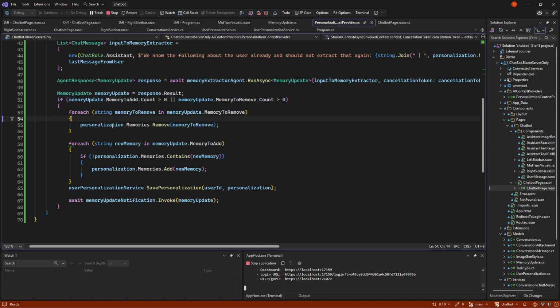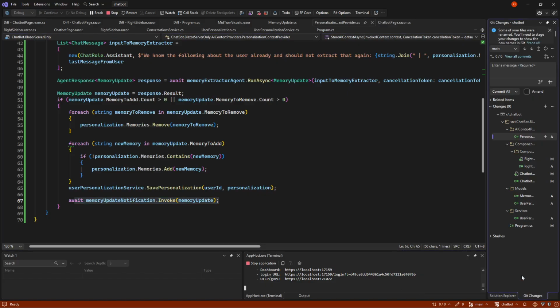But if there are any memories, we update the personalization, either add or remove the memories, and we then save the memories and send a notification that some memories were changed. Because if there was no change, we don't need the red text to show. And that's actually everything there is to it.